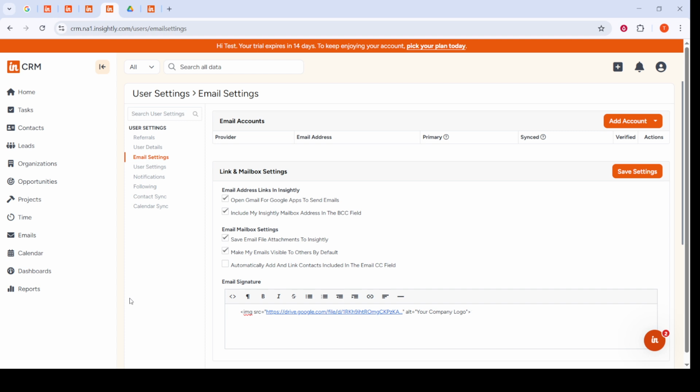Finally, don't forget to click the Save Email Signature button at the bottom of the page. This will ensure that all the changes you've made take effect. Once saved, your logo will automatically appear in all emails sent through Insightly CRM, helping to reinforce your branding in every communication. With your logo neatly integrated into your email signature, you're now set to make every email look more